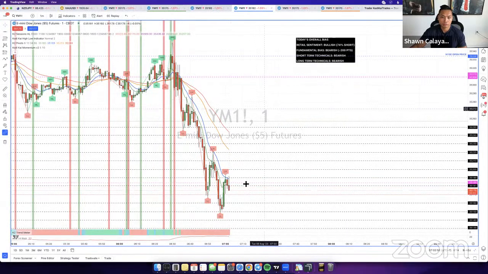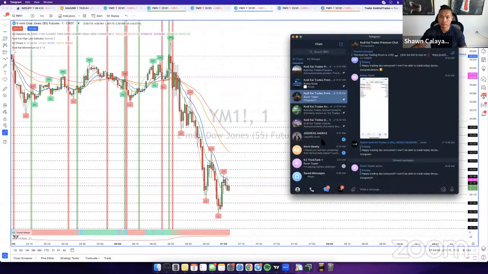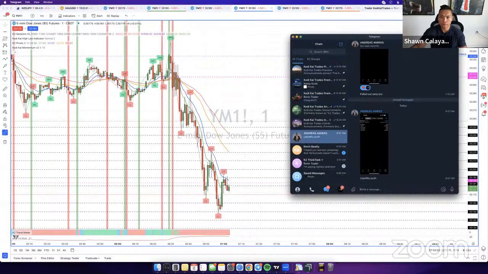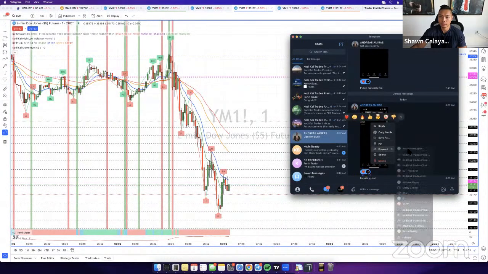All right, so that buy signal never came up right there. Again, it's just going to be a matter of us waiting for this to confirm. Here goes Andreas over here. He took the liquidity push for a sell. Nice work, Andreas. Full TP, total profit of 1,030 for the day. So great work right there.